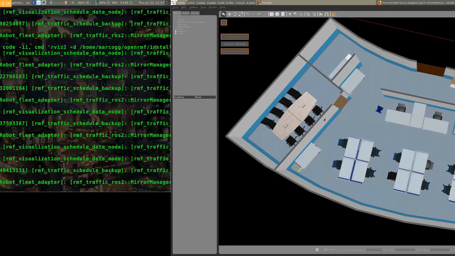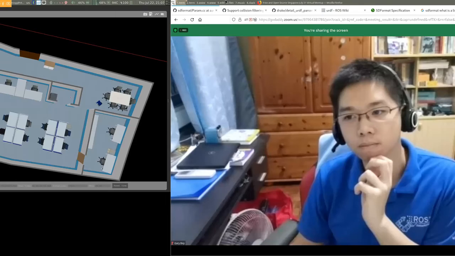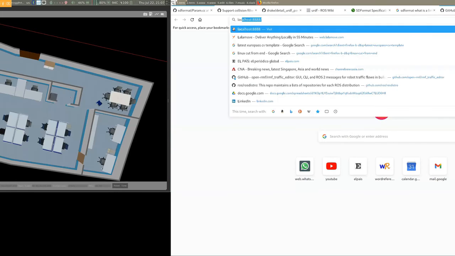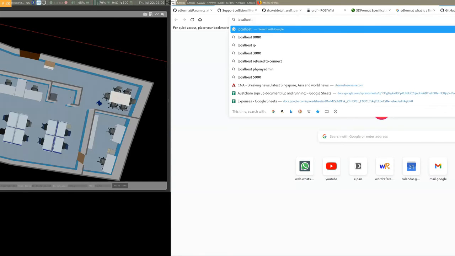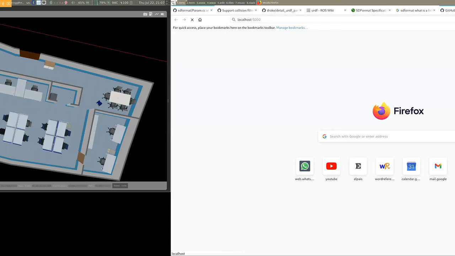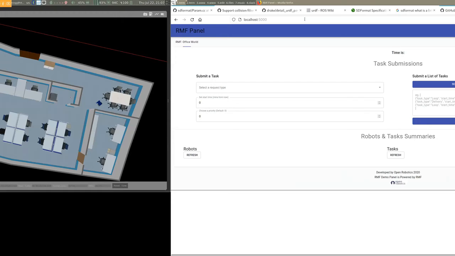Wait, let me just run this. So now I need to go to host. So the web panel, the RMF panel, will be on the